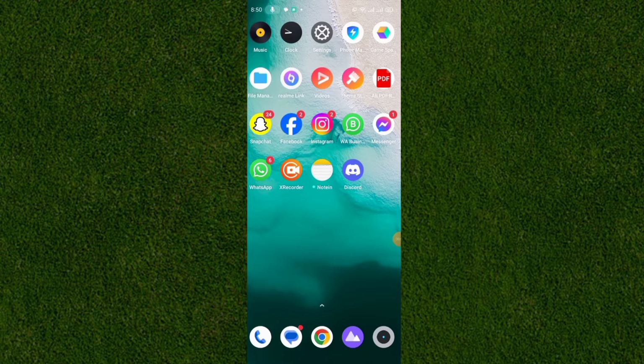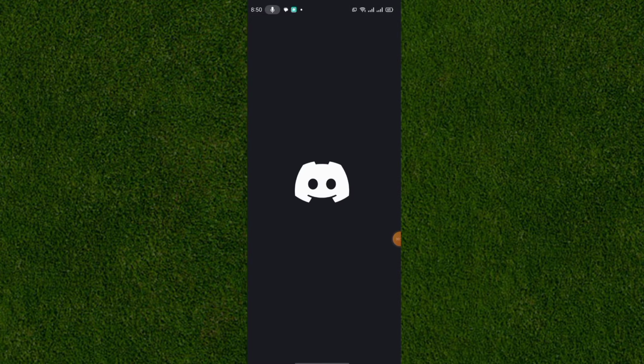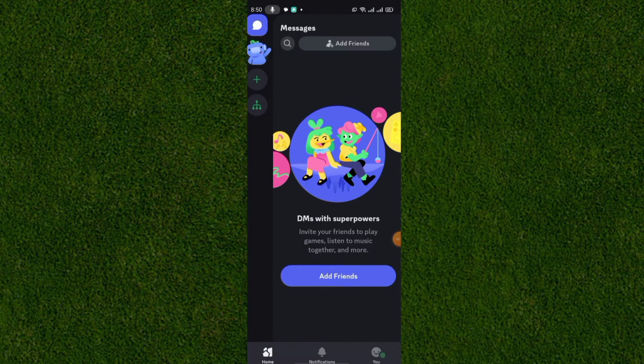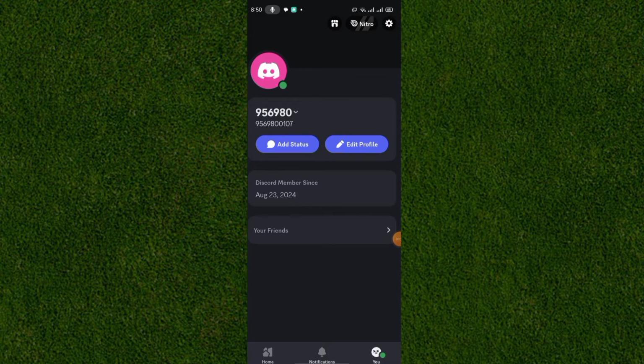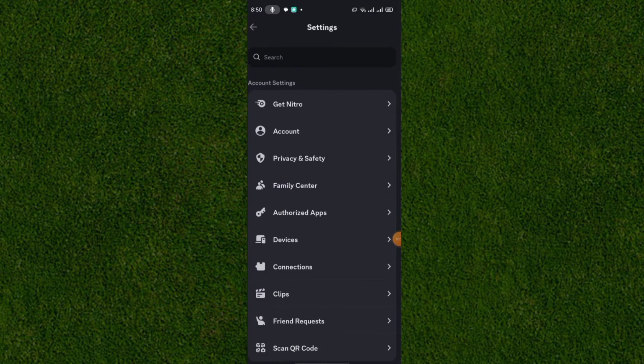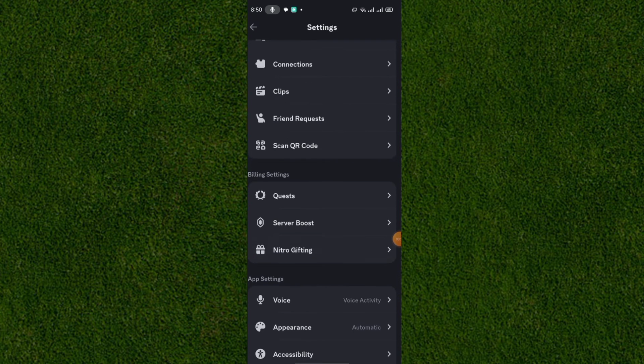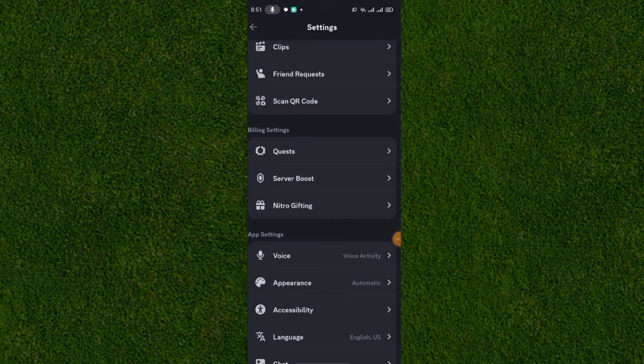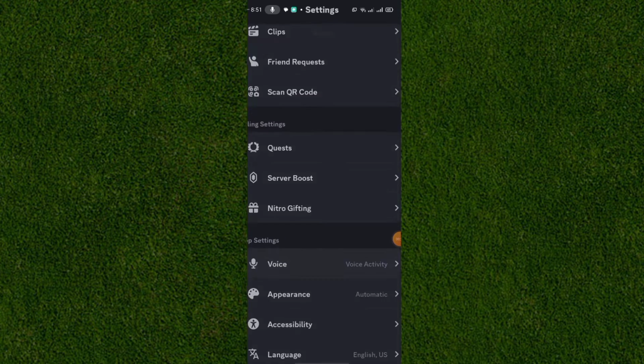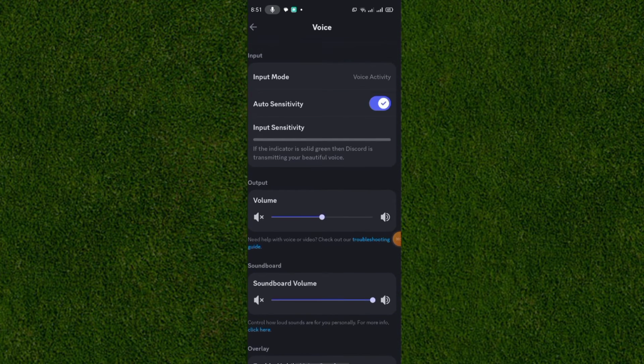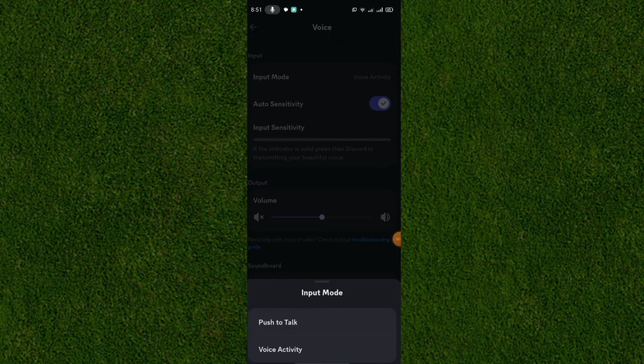So first of all, you need to go to your Discord app, and after that you can tap on your profile. Wait for a moment. Now you can see the top right corner, tap on here, scroll down, and you can see voice activity, tap on here. You need to enable this option and tap on input mode. Now you can see voice activity, tap on here,